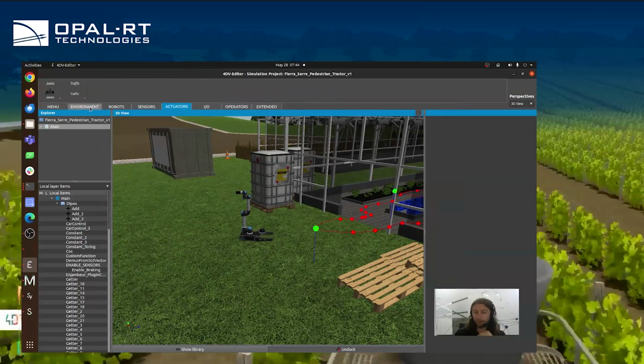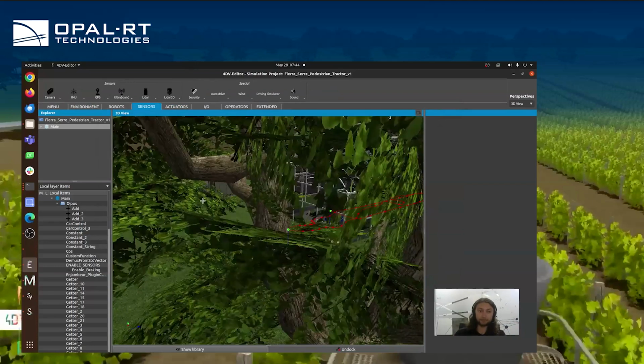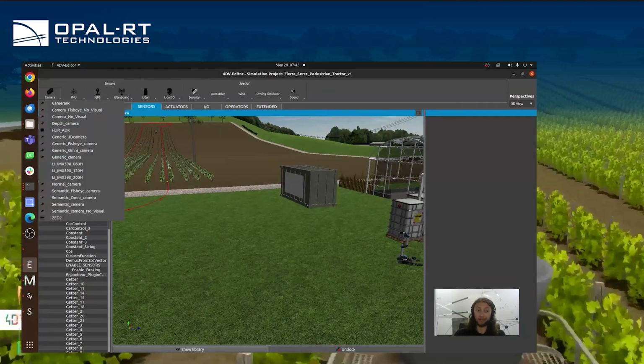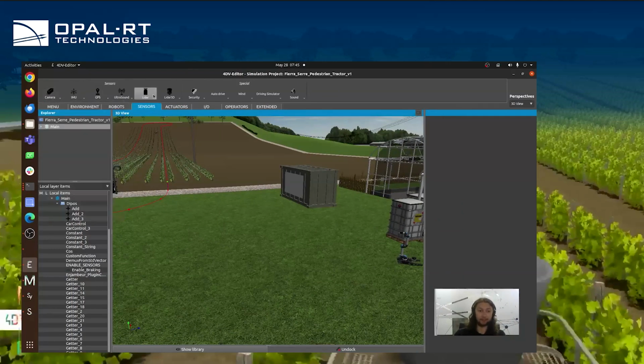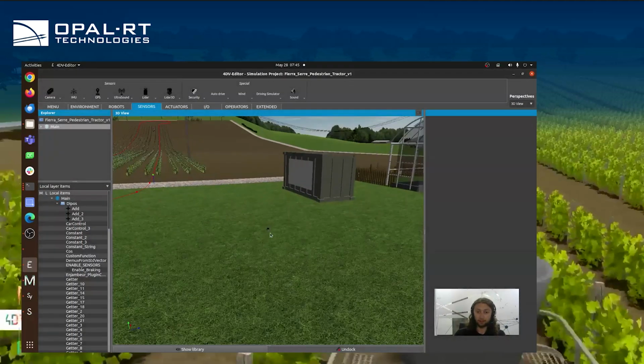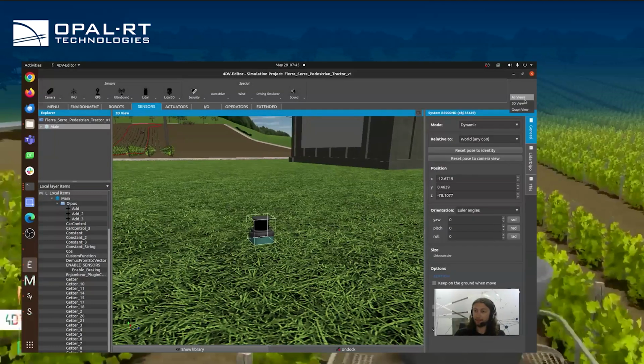So actually, now that we've gone through these few tabs, I think it shows the flow of someone designing their own simulation. We would start with an environment, place our props. We can maybe place a robot that suits your needs. To the robot, you can add sensors. So let's add a 2D LiDAR. This R2000 over here. There we go. The LiDAR is in the simulation,